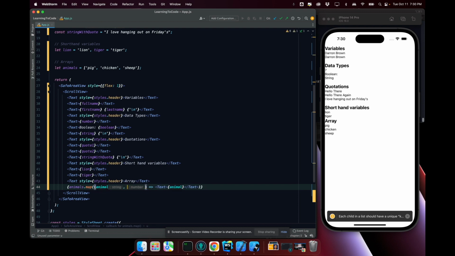I'm getting an error that's basically saying I need to add an index. So let's see, key